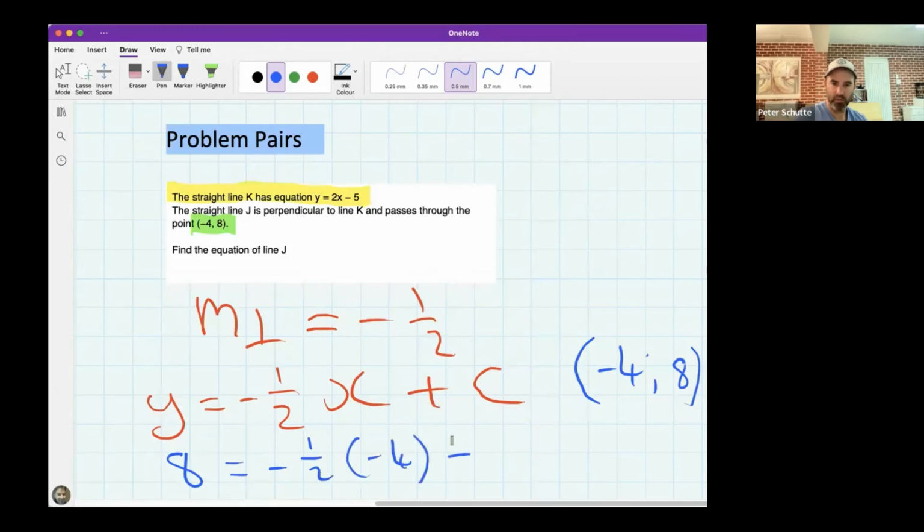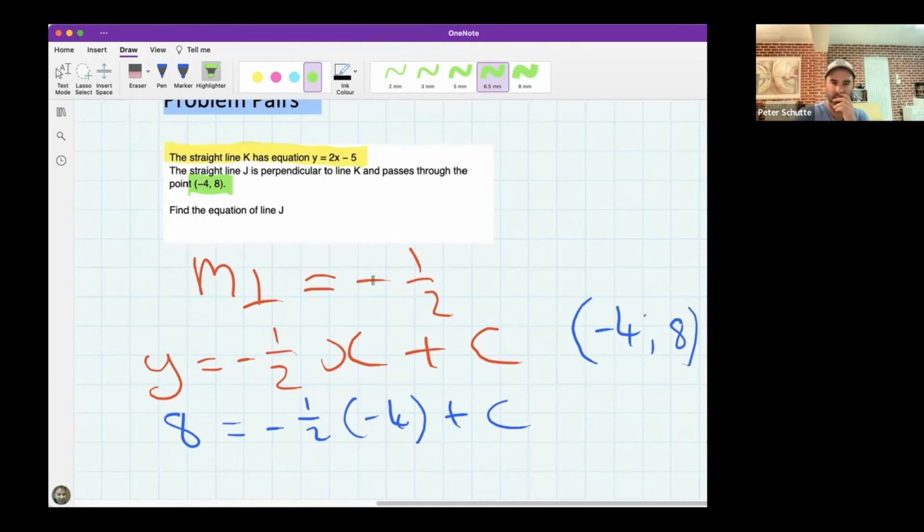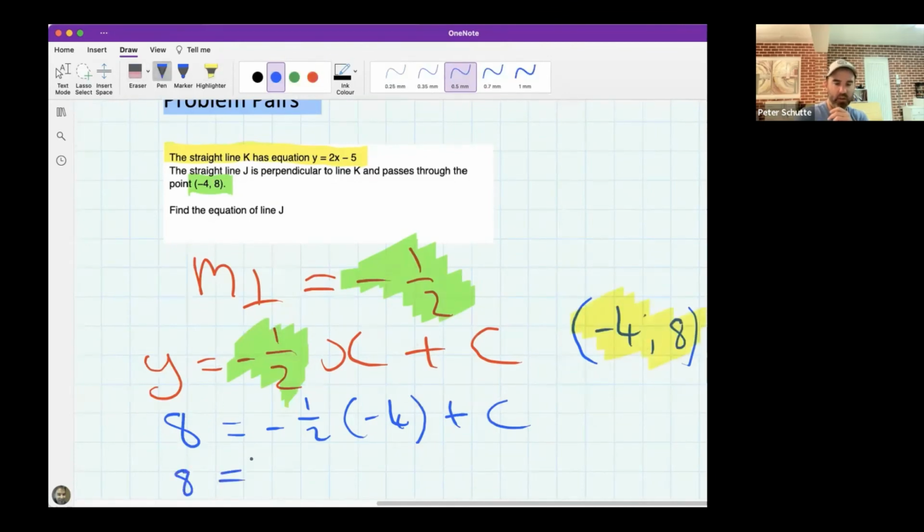The only thing we have to be very careful of is the double negative. I think a lot of you are comfortable getting -1/2. And then you put your -1/2 here, and now you take your point and you put the x in the right place, you put the y in the right place, but be careful because -1/2 times -4 gives you